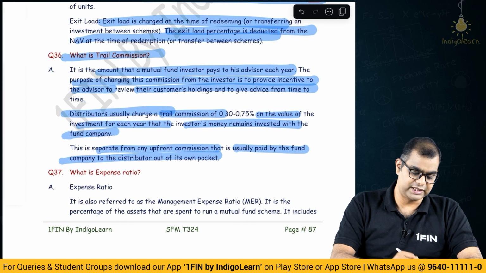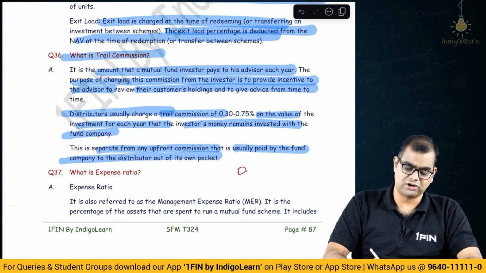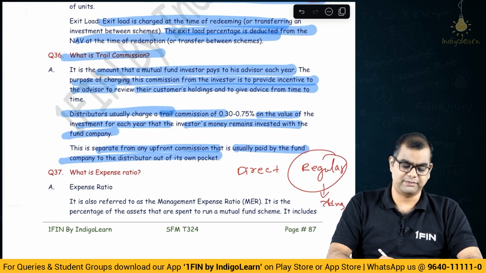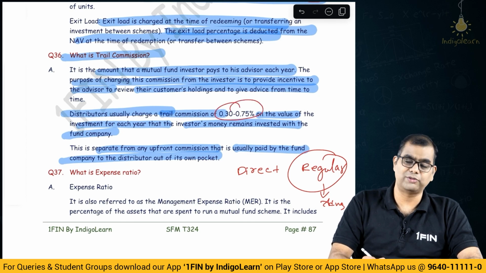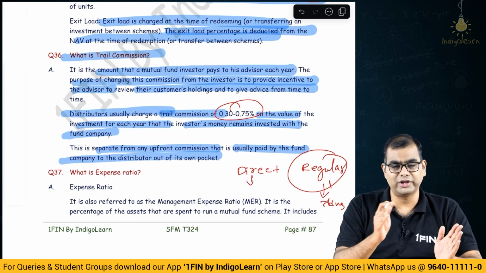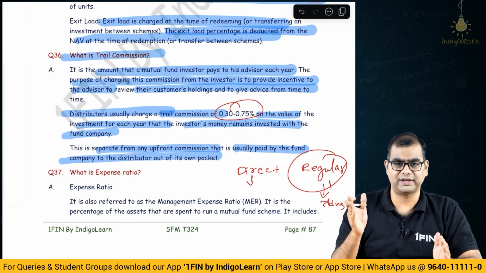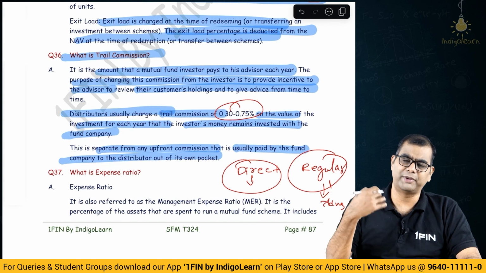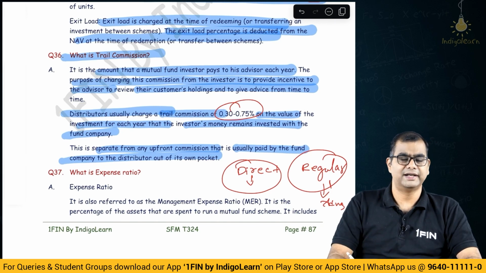This is separate from any upfront commission that is usually paid by the fund company to the distributor out of its own pocket. Now, the key thing you have to note is there are two kinds of plans called direct plan and regular plan. In a regular plan, you actually have an advisor. This advisor is paid some amount, typically between 0.3 to 0.75 every year from your funds, and the distributor is paid. Whereas if you invest in a direct plan, that is, you invest directly with the mutual fund asset management company without going through any distributor, by going to their website or selecting a direct scheme,